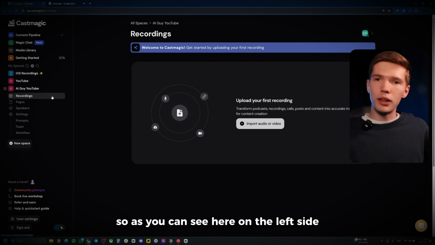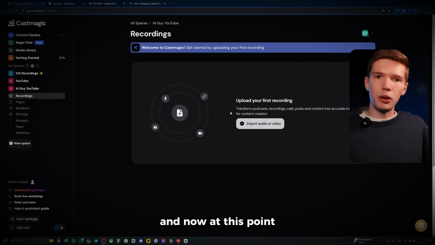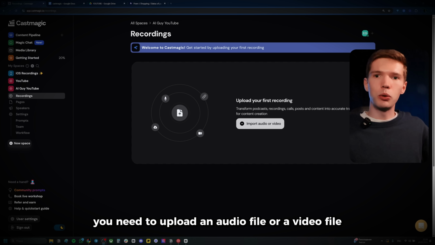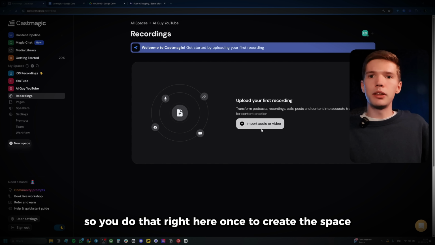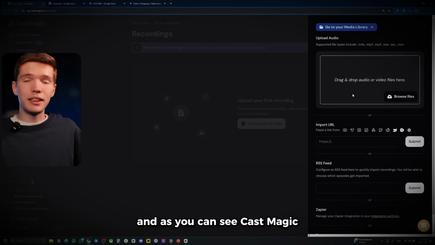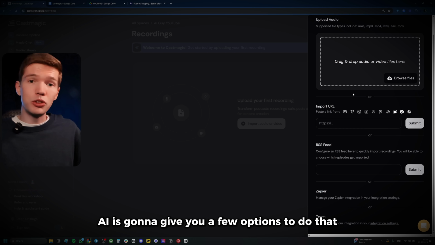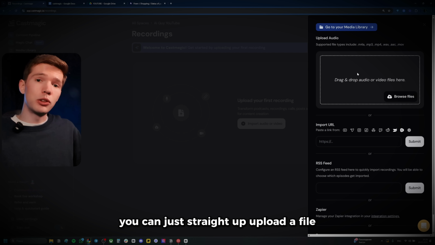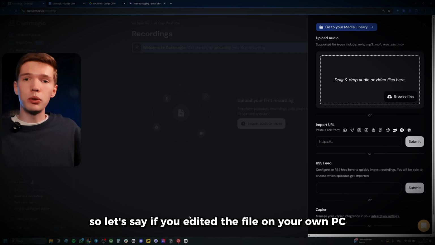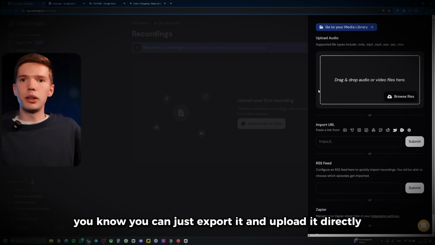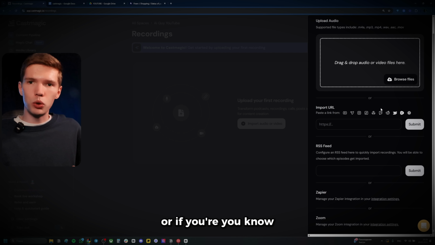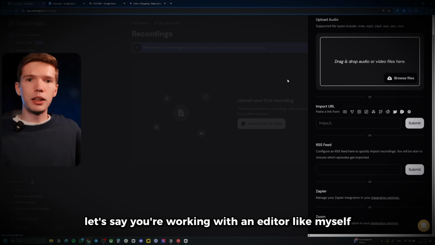As you can see here on the left side, our new space has been made. And now at this point, you need to upload an audio file or a video file. So you do that right here once you create the space. So let's click on that. And as you can see, Castmagic AI is going to give you a few options to do that. First and foremost, you can just straight up upload a file. So let's say you edited the file on your own PC, you can just export it and upload it directly. Or if you're working with an editor like myself,